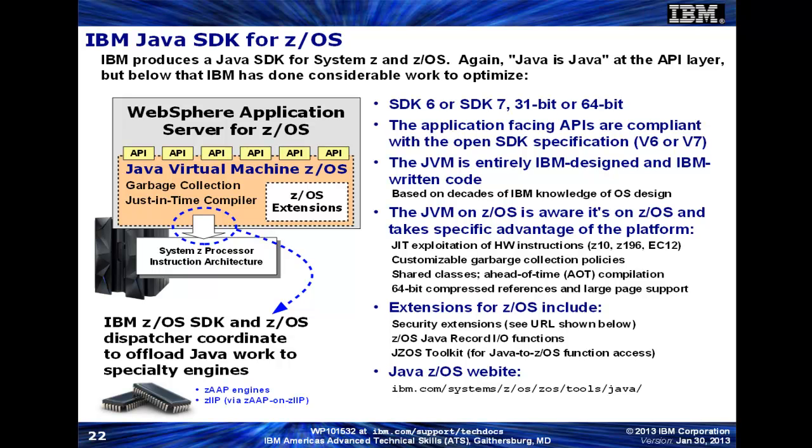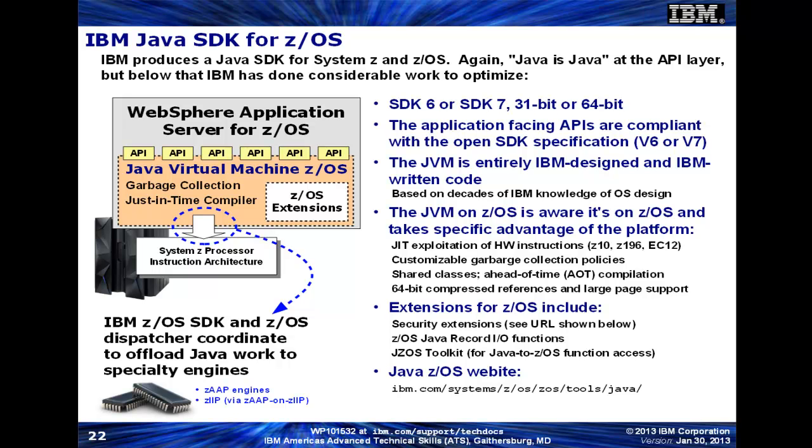That's exactly what IBM has done with its Java for z/OS implementation. The JVM IBM has developed is entirely its own, and it was developed with IBM's knowledge of operating systems and virtual storage built up over decades of experience. All JVMs are not made equal. The JVM for z/OS is very much aware it's running on z/OS, and very much aware it's running on System z hardware. It's the role of the JVM to abstract the platform from the application, but IBM takes it further